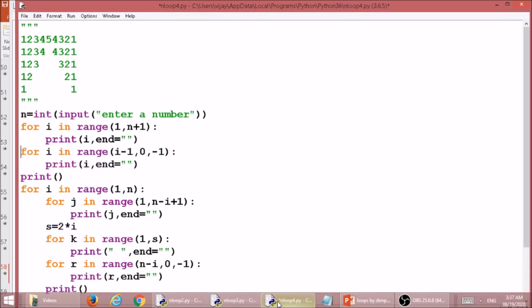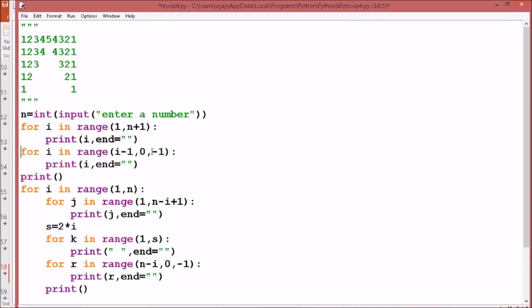Moving ahead to this type of pyramid. In this we will have to take care of 3 nested loops for one value of the outer for loop. We'll print this set of values from 1 to 4 with one loop. Another loop will take care of the spaces, and we'll use another for loop for writing this side of the pyramid.